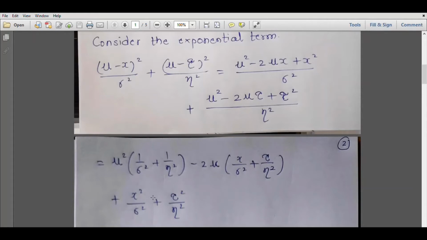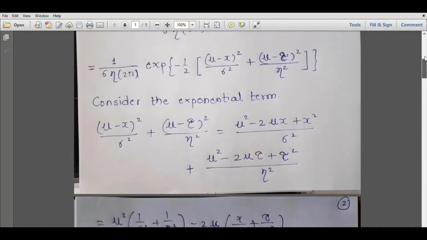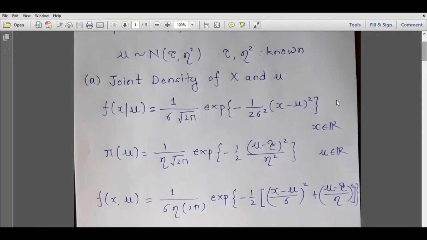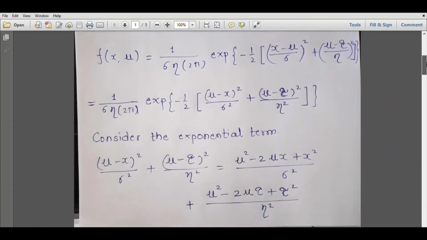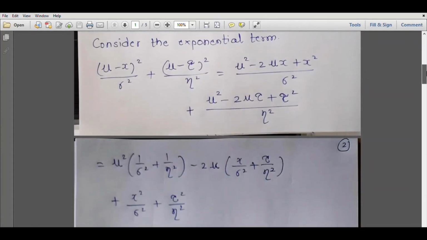Now if you look at this carefully, you will realize that I can write this as a perfect square because I have a term containing mu square, I have a term containing 2 mu. So what I need to do is find a third term. So now try to recall a normal PDF. How does it look like? So a normal PDF has terms like this, the random variable minus the mean whole square upon variance. So in this form, if we try to adjust these terms, I think the calculations will be simpler.